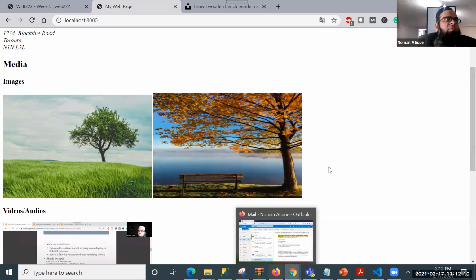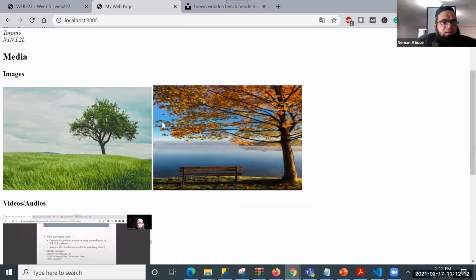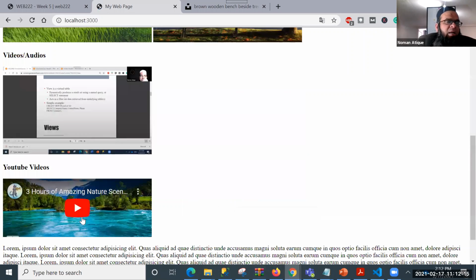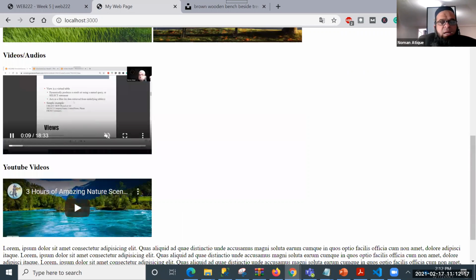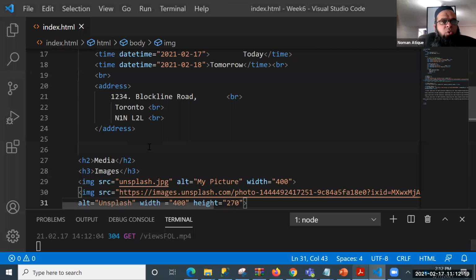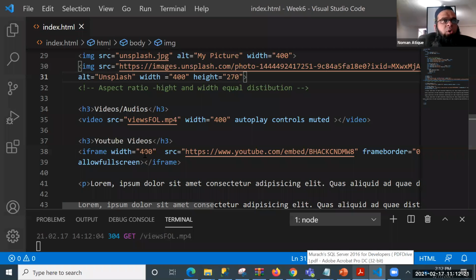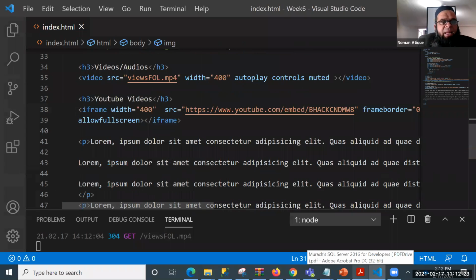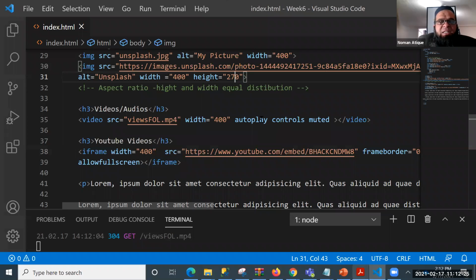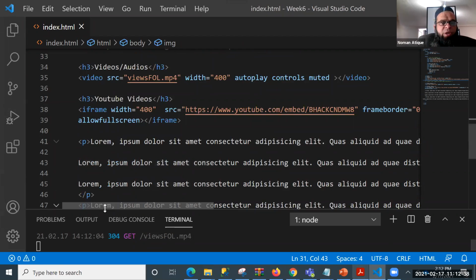So video not playing. How many of you say that the video is not playing? Otherwise, like I have this player, and these controls over here. Maybe you forgot to write those. Yes, everyone should be playing. Maybe you forgot to mention the controls, muted audio or autoplay. I think you forgot to mention autoplay and controls. Can you check that the video is not playing? No, the YouTube one. Okay, YouTube one.